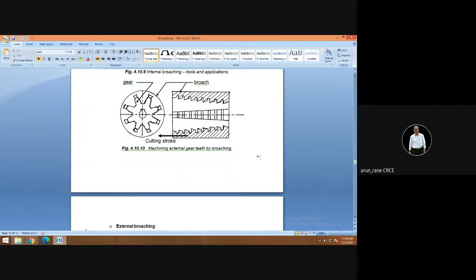This diagram shows how to do external gear teeth by broaching. But cutting external gear teeth by broaching is very difficult. You need a very high degree of discipline in manufacturing the broach and in manufacturing the external gear also. So the most common process for external gear teeth, as you have studied already, is gear hobbing or gear shaping. No doubt they are a little slower than gear broaching, but external gear broaching is a very expensive affair. Again, there are some technological or accuracy-wise restrictions.